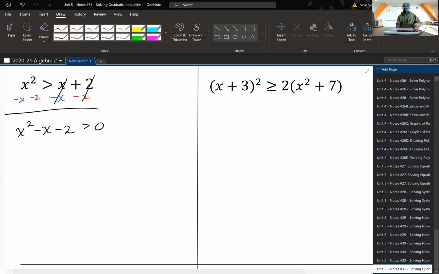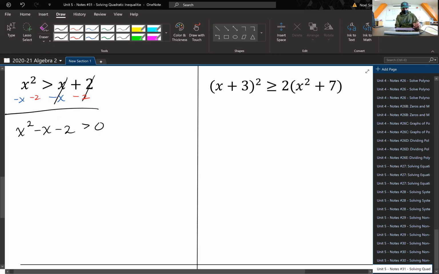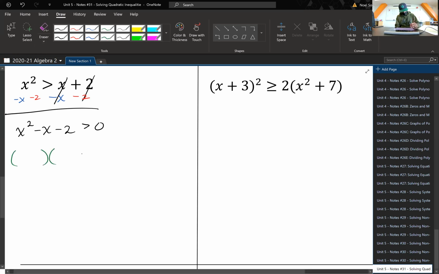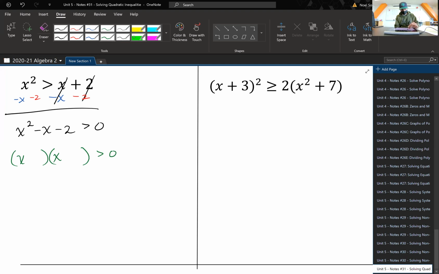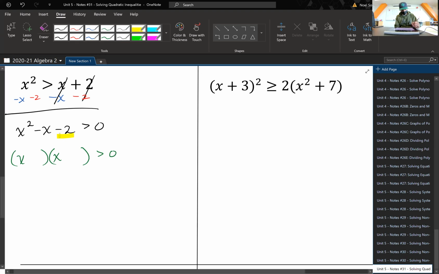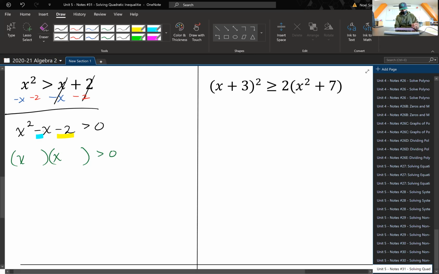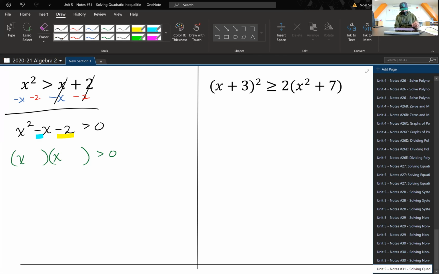All right. So now in this case, what we can do is factor the expression on the left side. And we can see, in order to get x squared, that factors into x times x. We want a pair of numbers that will multiply to be negative 2, but add up to be negative 1. So those factors would have to be